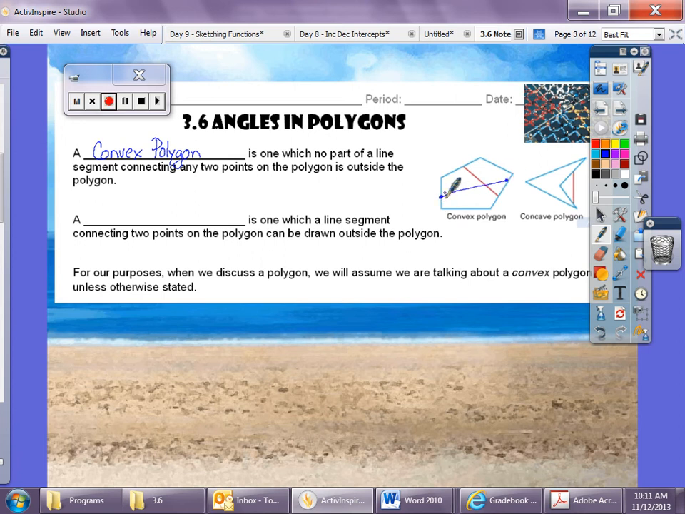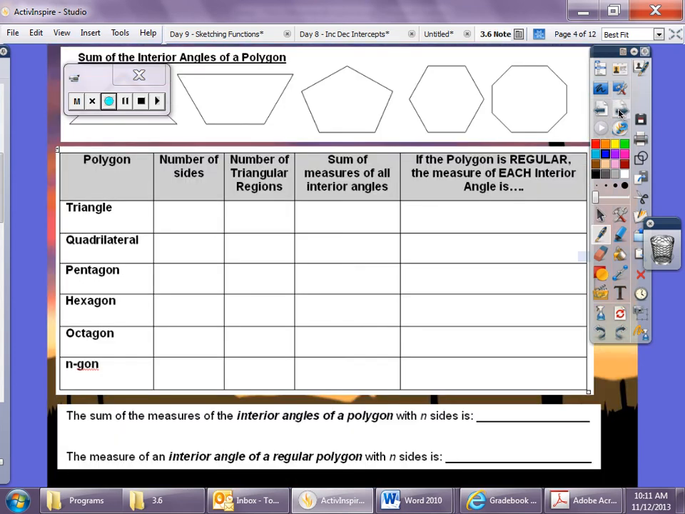Whereas a concave polygon is one in which a line segment is outside, so we can connect parts of the polygon from the outside. For our purposes, when we discuss a polygon, we're going to assume we're talking about a convex polygon, unless we state otherwise. So now, we're going to fill in this chart to figure out the sum of the measures